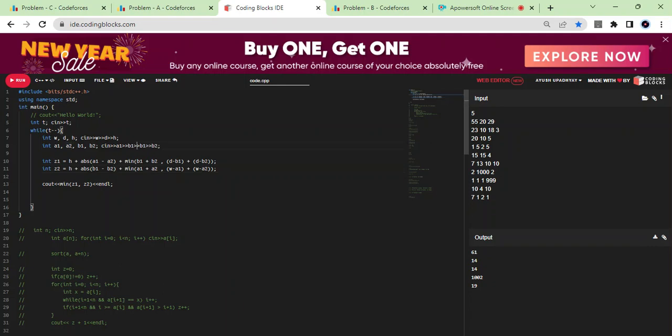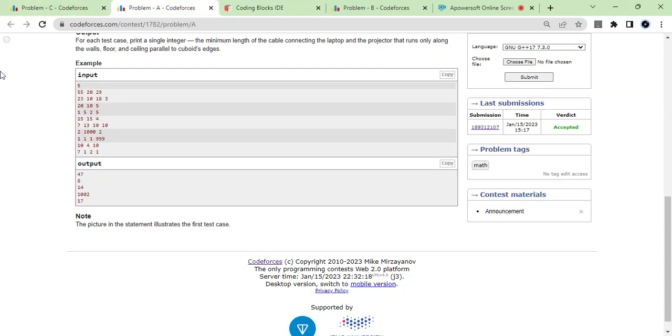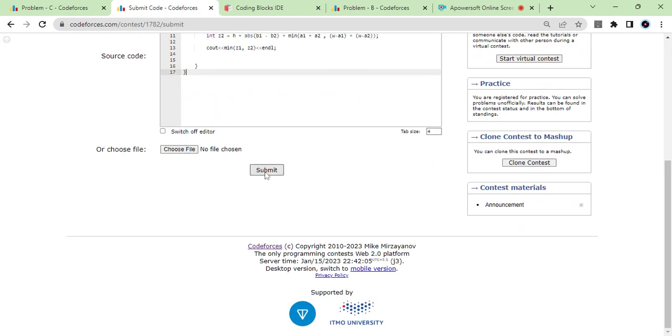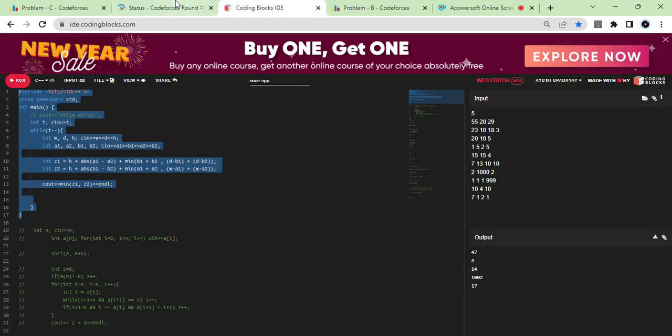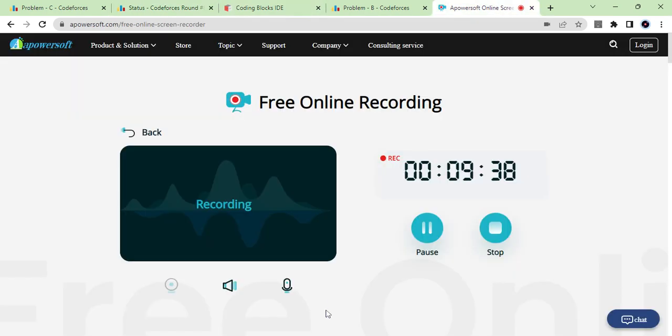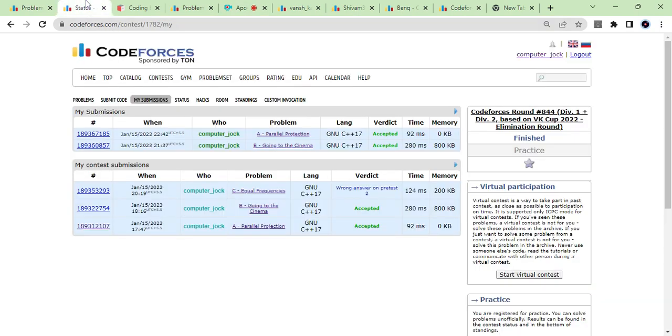A1 comma b1 is given to you, then a2 comma b2 is given to you. Okay, this can be ignored, but this should be in the correct order. And yeah, that is the thing. Not A1 A2, but A1 B1, then A2 B2, just taking points in the given order. The logic is pretty much the same, which you can obviously think about if you just visualize this problem as floor and ceiling, and then check how far the walls will help you reach there. As you can see, submitted. Okay, wait a second. Okay, so that was about the A problem. Let's move to